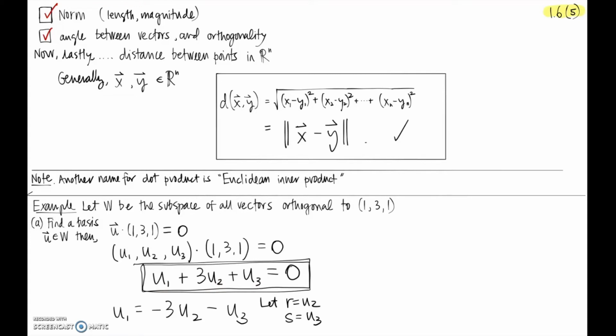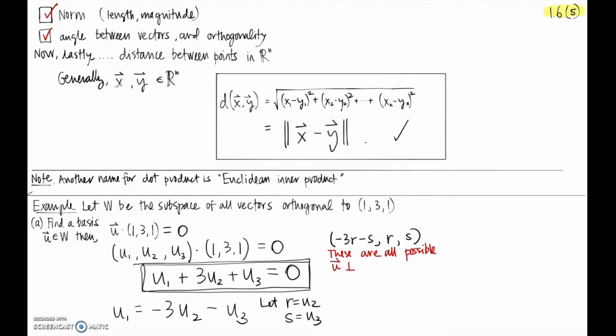Then any vector that followed this rule would look something like this. It would have to look like (negative 3r minus s, r, s). So these